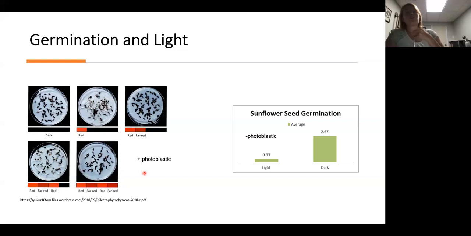So some seeds also need light to germinate. And for seeds that need light, they're called positively photoblastic, and they require exposure to red light. So these are going to be seeds that are found really close to the surface. So lettuce or basil, if you bury them, it's like 1/8 of an inch of soil, or you just press them into the soil surface. That's because they require light, because their endosperm is really, really small. And so if they start germinating deep in the soil, they're going to starve before they ever get to sunlight